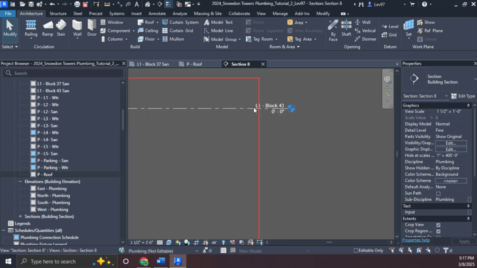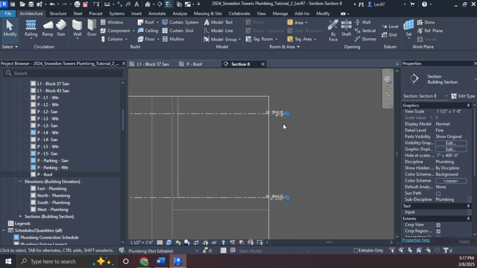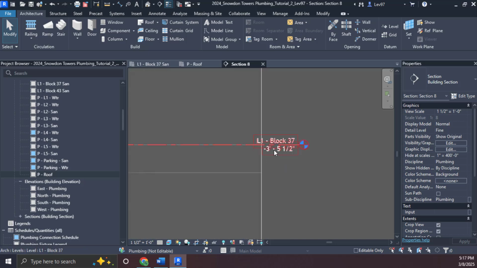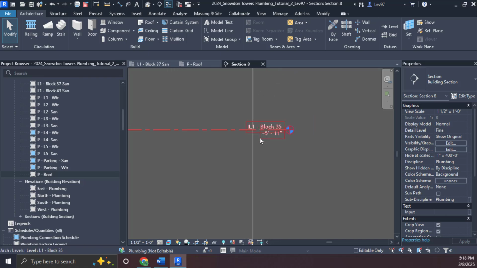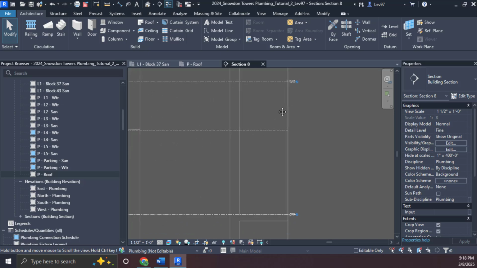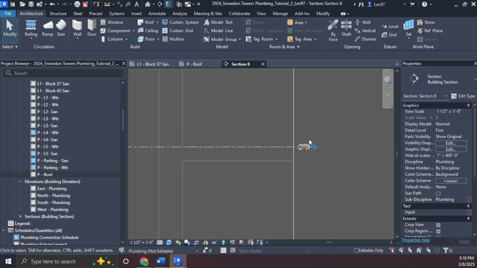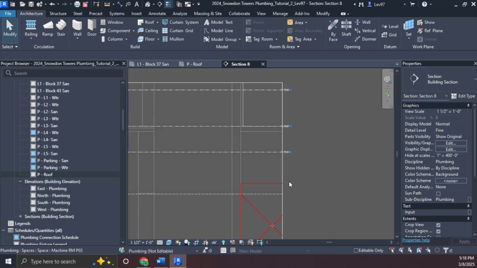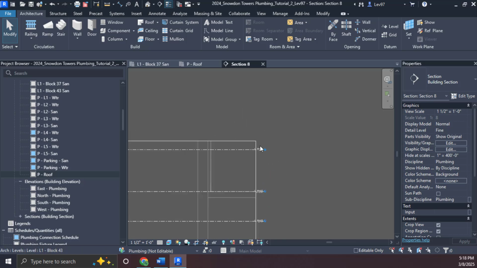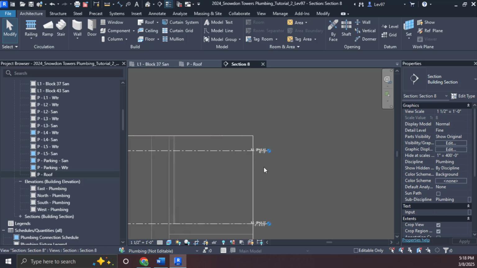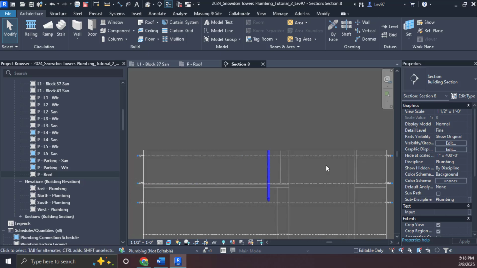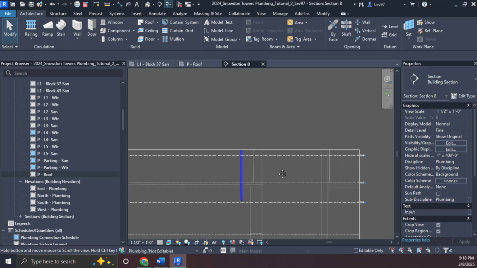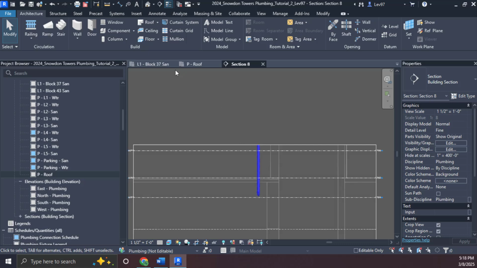Now if you notice, the section view is only looking at up to level 1, block 43. There's a level 1, block 37. There's a level 1, block 35 for this particular project. But this could be parking. This could be level 1, 2, 3. No roof is showing, okay? No roof is showing here. So that's the reason why your section is not showing up